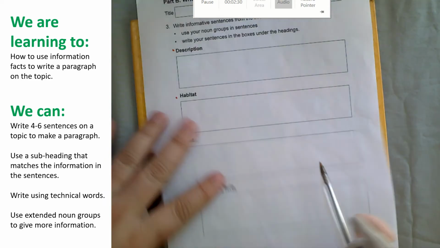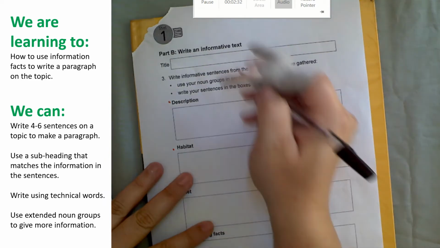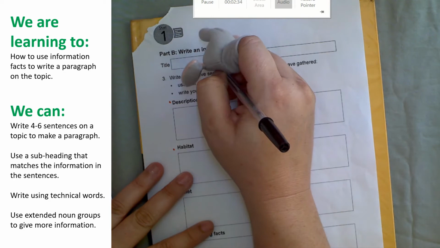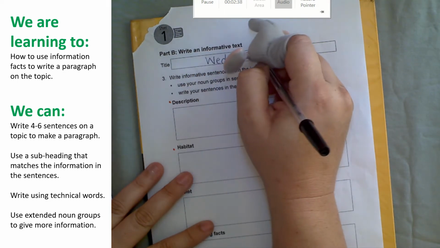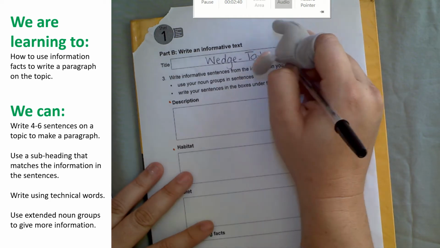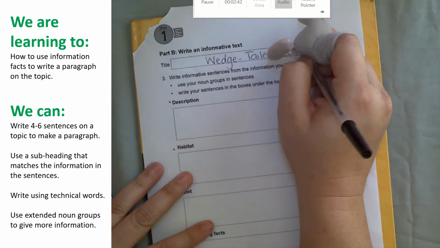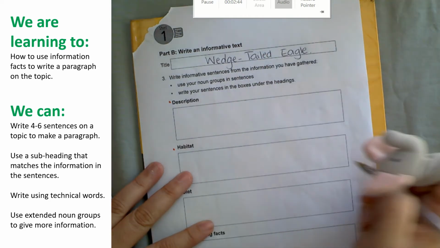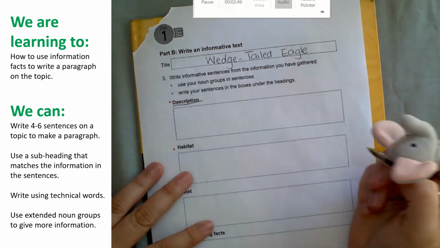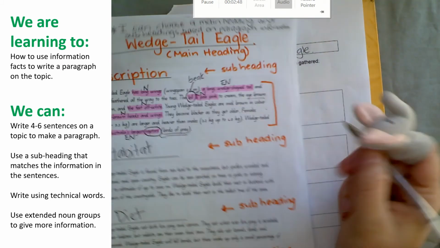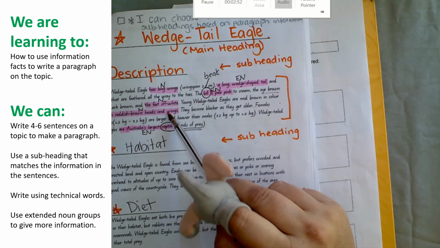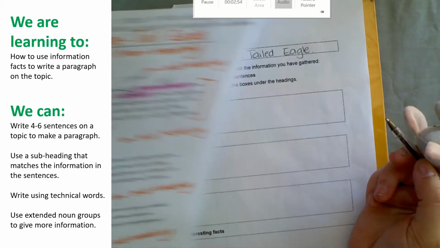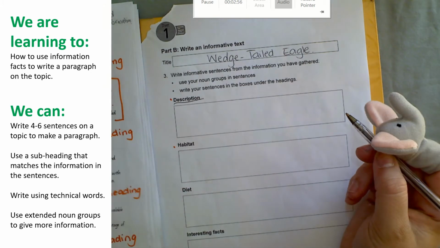So I'm going to put the title Wedge-tailed Eagle. That's my main heading, and now I'm thinking about my subheading description. I'm using this for information. You can see where I've highlighted our information from yesterday,